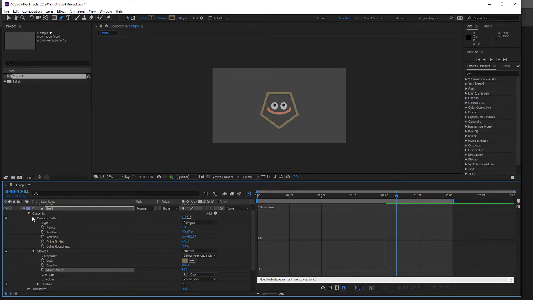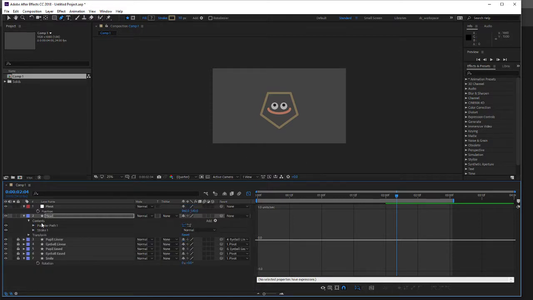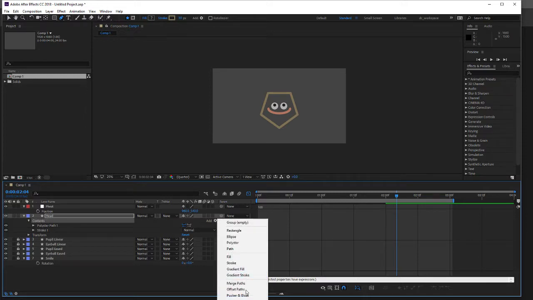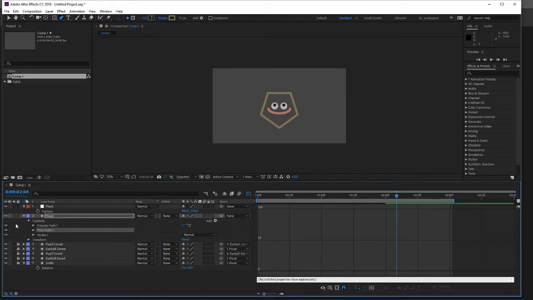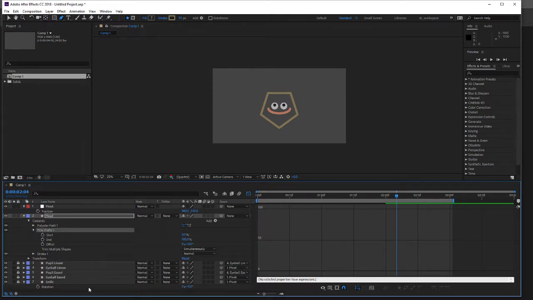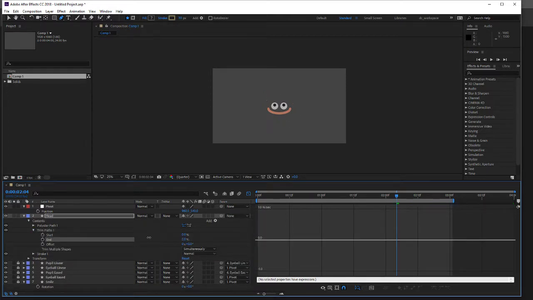Okay, so now the other thing, if you guys haven't seen it, this is awesome. One of these great things is called trim paths, right? When we talked about the repeater last time, the next one is trim paths. What trim paths does is literally just animates that path, right? So I can basically make this whole thing draw on